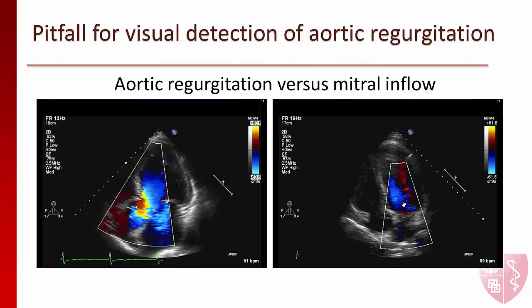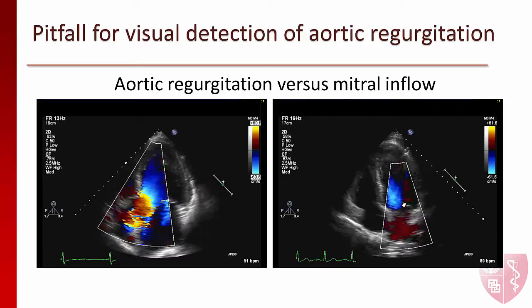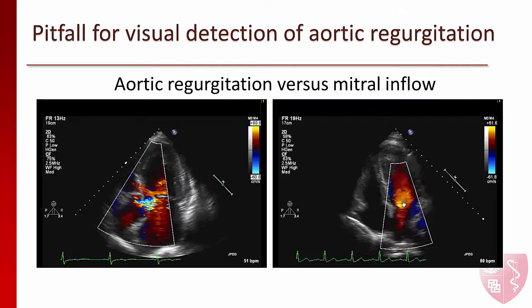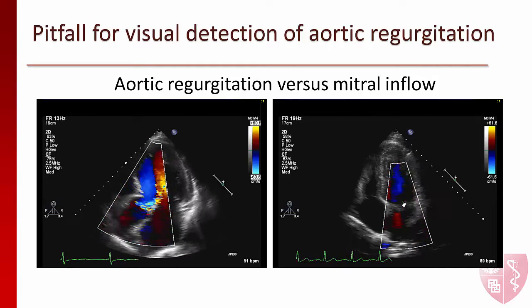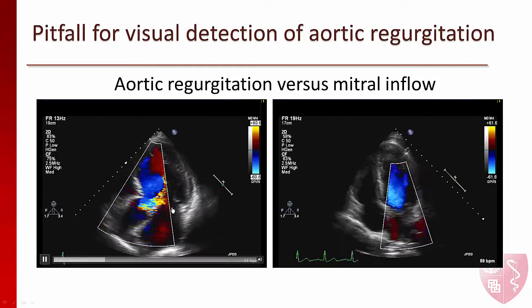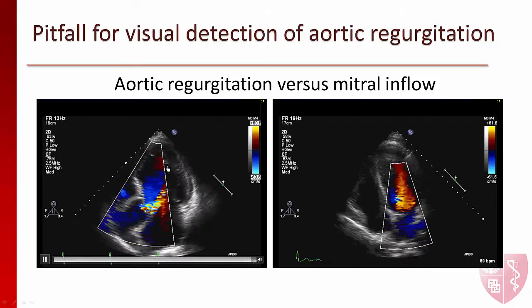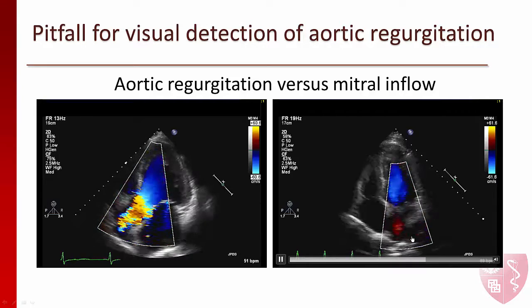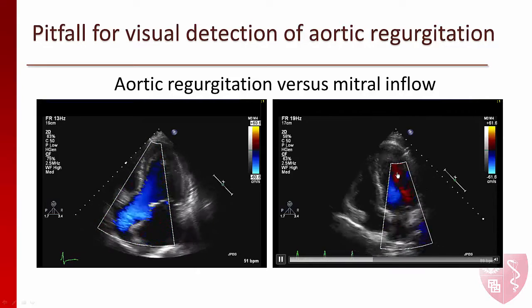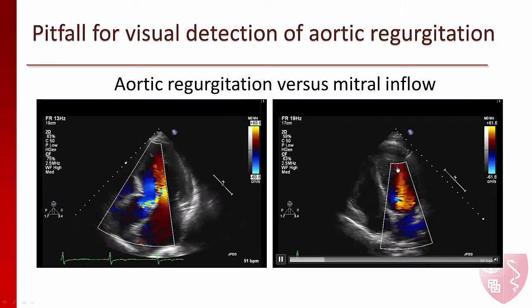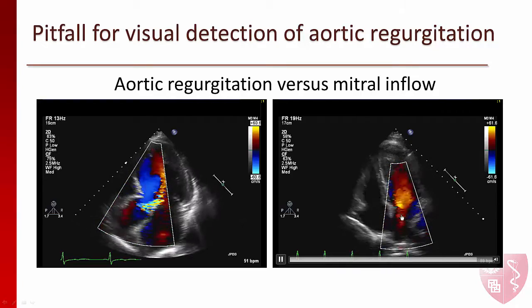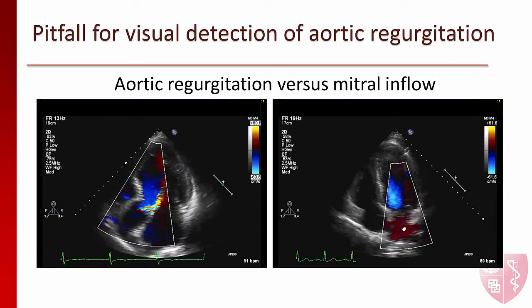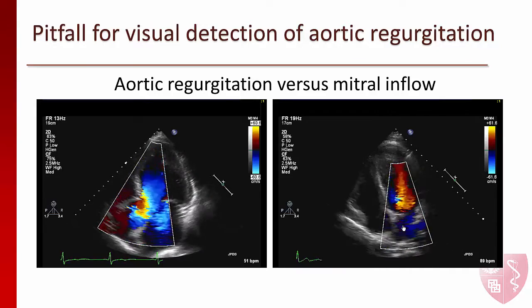There are a few pitfalls for the semi-quantitative and positive diagnosis of aortic regurgitation. The first is make sure that you don't mix up with all the jets which can happen in diastole in the left ventricle. On the left of the screen is the jet of aortic regurgitation that we just saw, and on the right of the screen, in apical 4-chamber view, you can see a diastolic flow coming from the left atrium to the left ventricle, and this is the mitral inflow. So they're both in the left ventricle, both during diastole. So be careful not to confound the two of them.